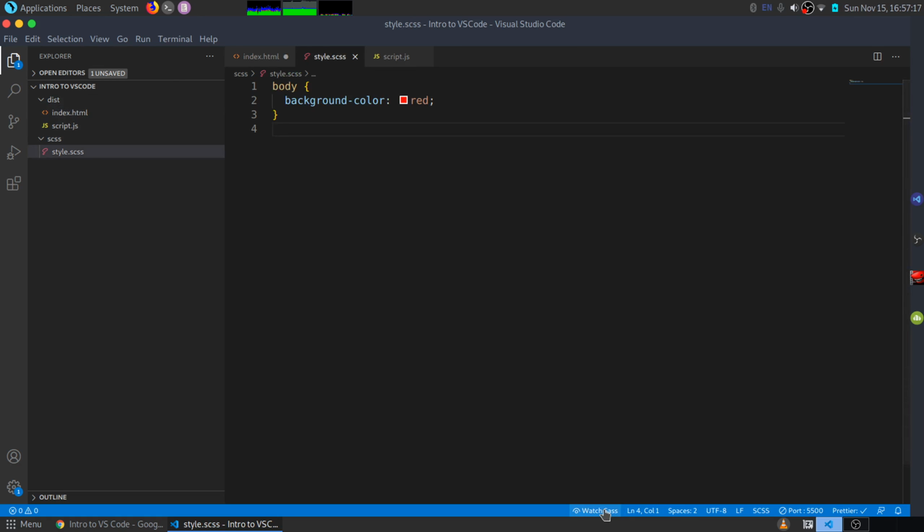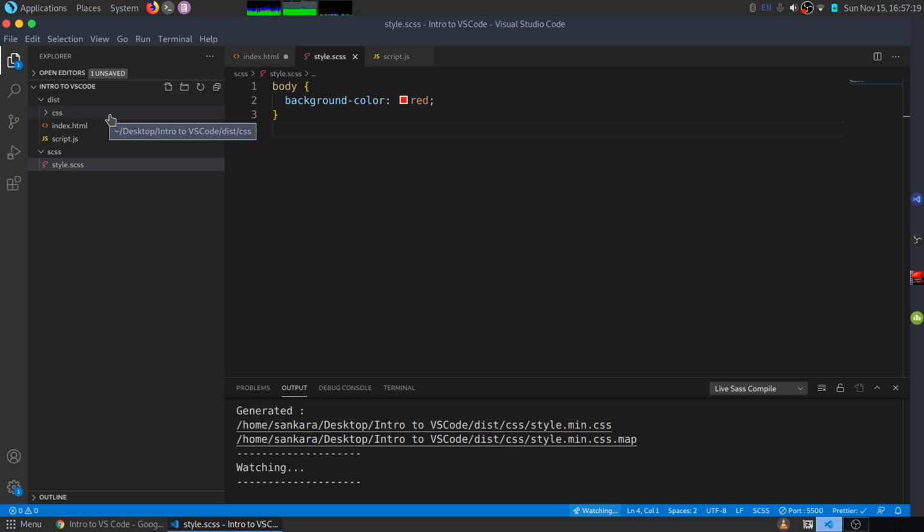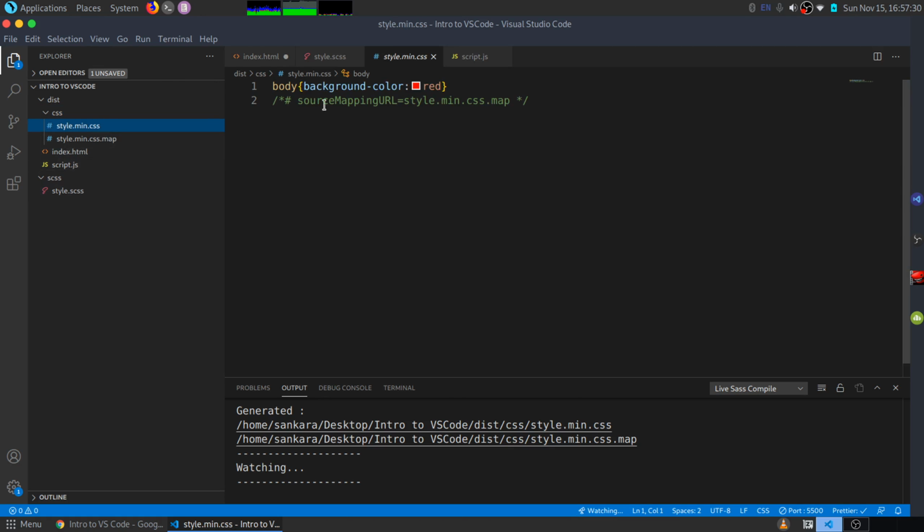Now the HTML will be looking for this file inside the CSS folder that will be created right here. So let me just click watch Sass and watch right there. You see it creates a CSS folder. If you open that CSS folder, you'll see two files right here, a map file and the CSS file. This will be your main CSS file, and once you click it, you'll see this is the minified version of